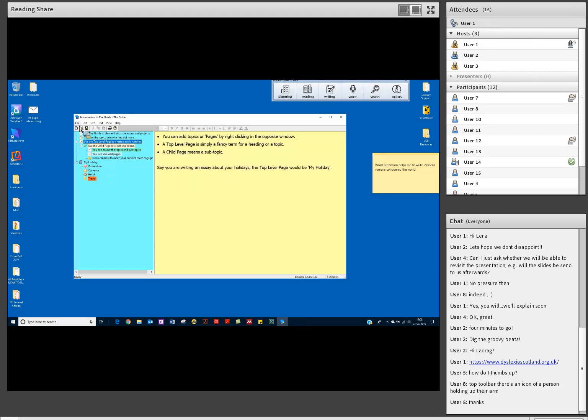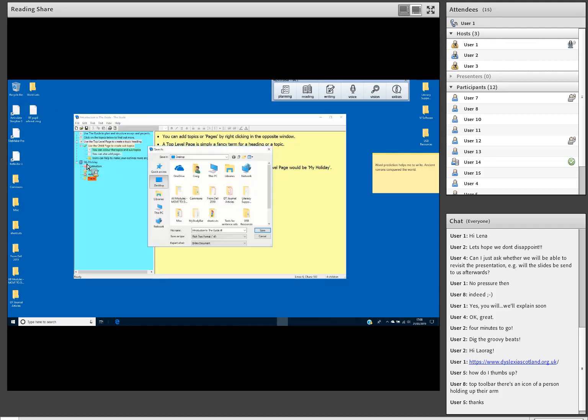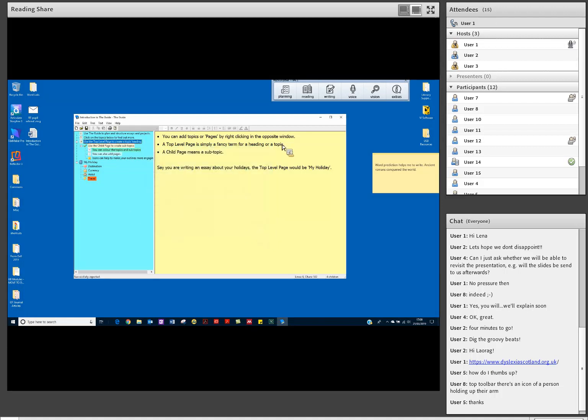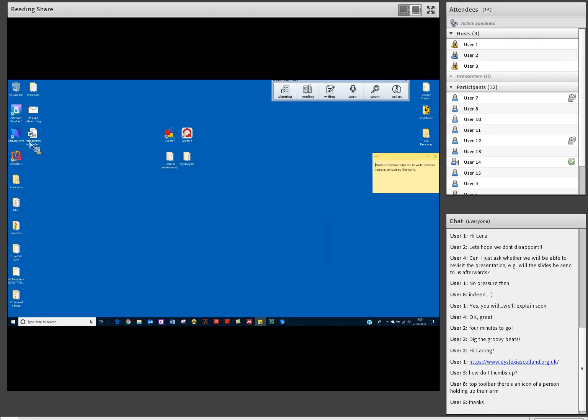But now if I go to File, so I've got my ideas laid out, I kind of know what I want to do. If I go to File and I say Export again, just like we did before, I'm going to go to the desktop, and there it's saying it automatically does it as an RTF file, so that's a kind of a Word document. If I say save, off it goes, and if I minimize that, here it is now, just up here. Let's open it up,